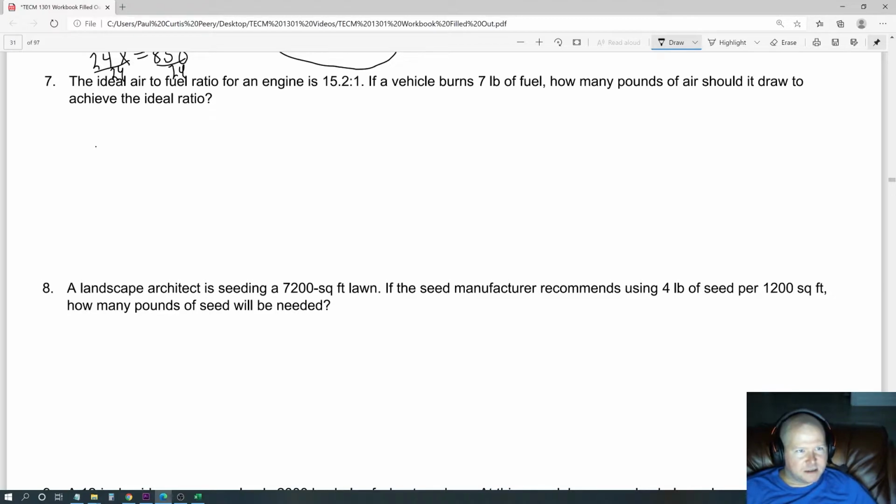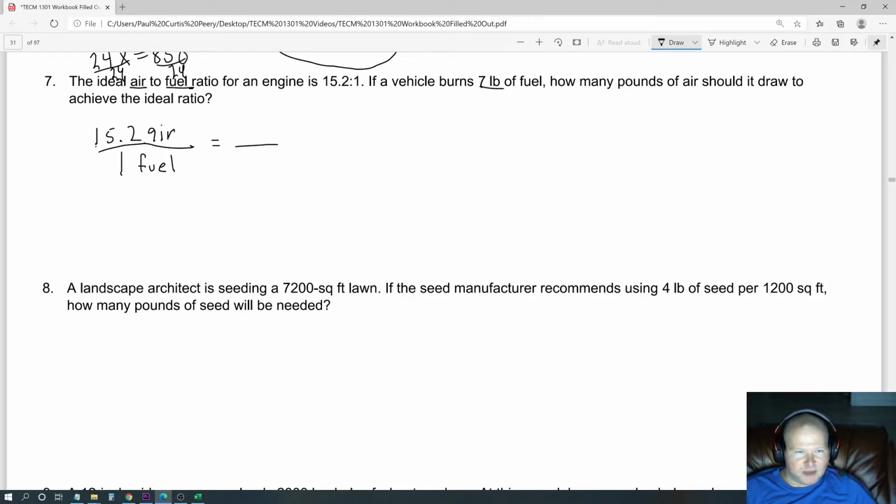The ideal air to fuel ratio for an engine is 15.2 to 1. If a vehicle burns 7 pounds of fuel, how many pounds of air should it draw to achieve the ideal ratio? Okay, so we have a ratio of 15.2 to 1. And I'm going to label this, it says air to fuel ratio. So the top is going to be air, and the bottom is going to be fuel, and that's equal to,